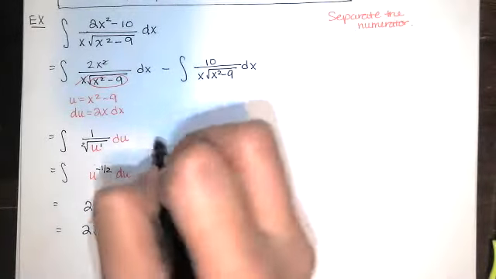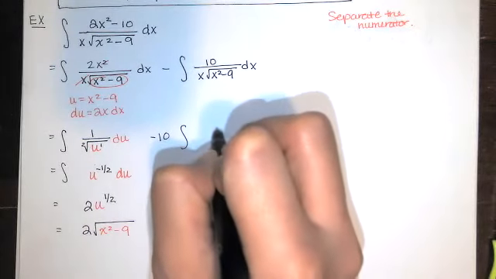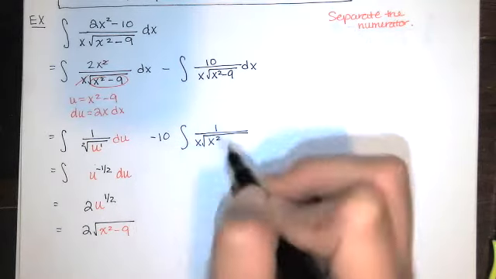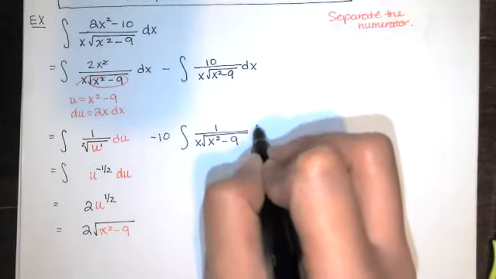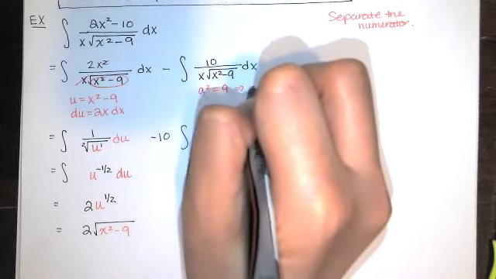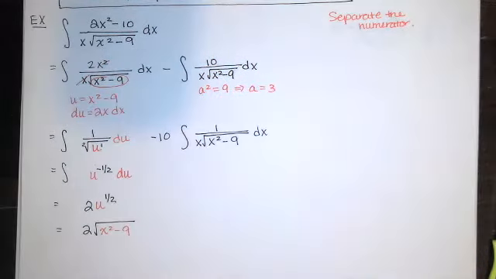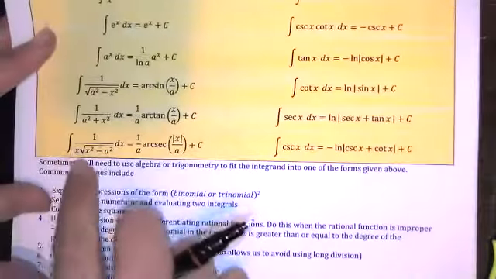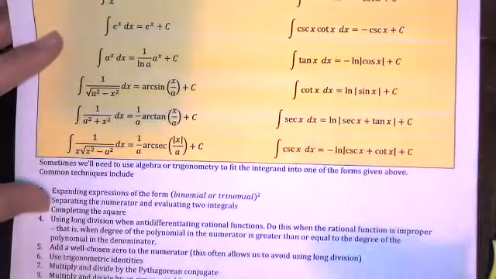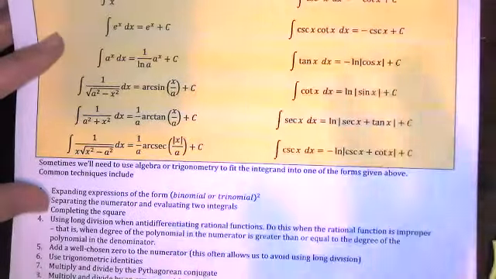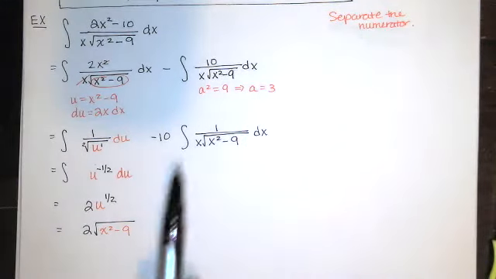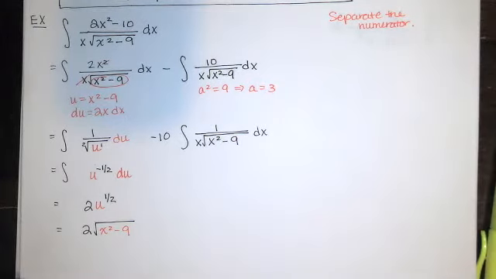So I think I might factor out the 10 and write it this way. Oops, that's an x times the square root of x squared minus 9. Here our constant squared is 9, so a is 3. And if you're like, I don't know that that's an arcsecant yet, you still have to learn these rules. Keep referring back to them. Maybe put them on a note card or a sticky note, keep it nearby, and keep referring to it until you don't need to refer to it anymore. We say, okay, well, a must be 3. Then according to our rules,